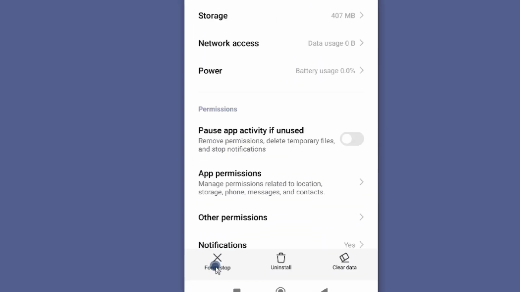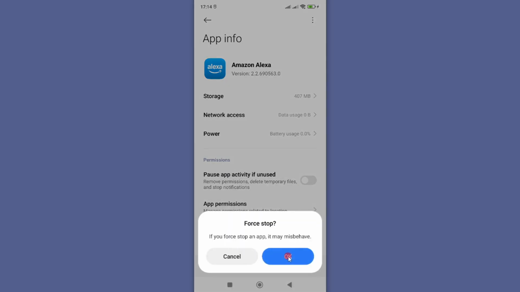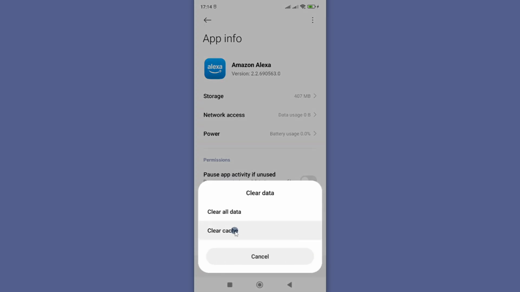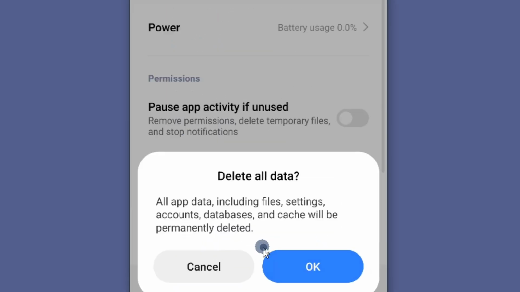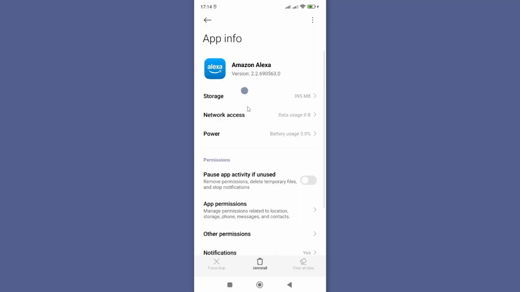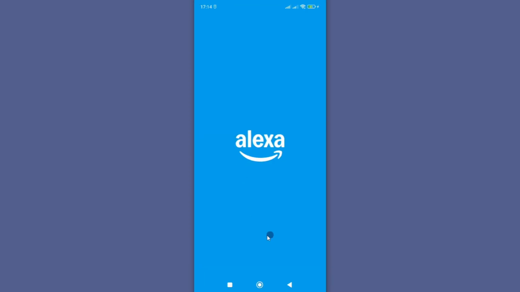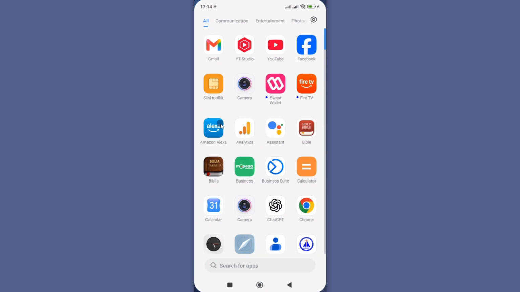Here, first go to force stop app to stop any background activity that might be causing this, and then go to clear data and clear cache, and again clear all data. Once you're done, restart your smartphone, go ahead and open your Alexa app, and now everything should be okay. However, if this does not solve your problem, then you want to check and ensure that you are